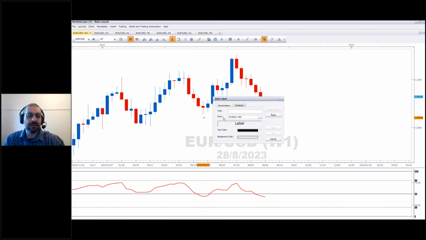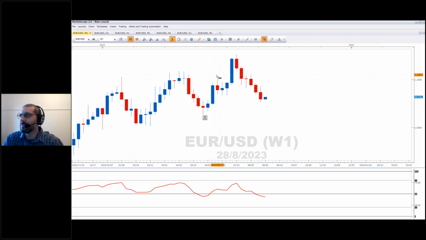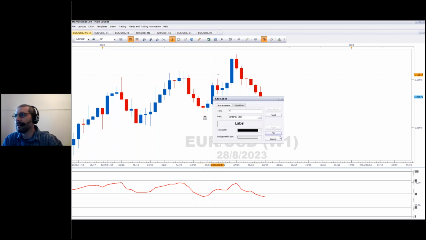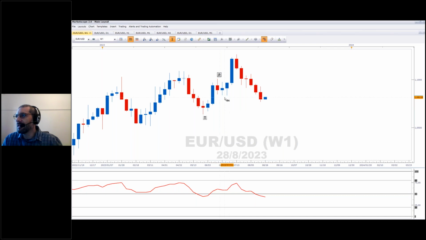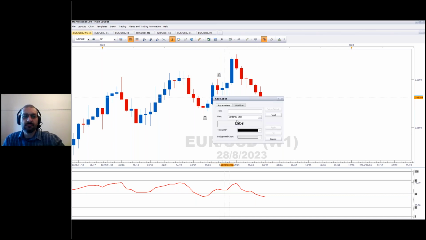So we'll put in a trough. I'll just use the letter T. I just put the letter P here. Okay, here's the higher trough. And here's the higher peak. And at this stage, it's looking very interesting. But then we have